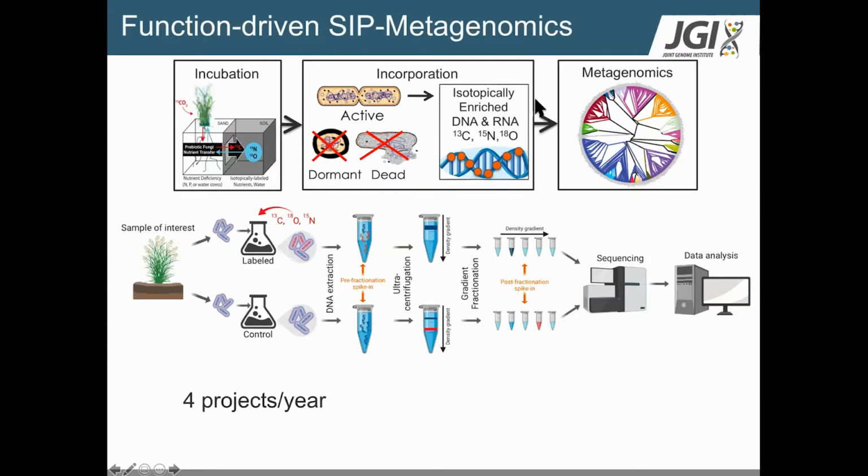And at this point, you would extract the DNA basically and send it to the JGI. And we would take care of the partitioning of the fractions and doing the quality control, and then it would run through our metagenomic sequencing pipeline. And as I said, this is a brand new project, and we're anticipating that we'll be able to accommodate 4